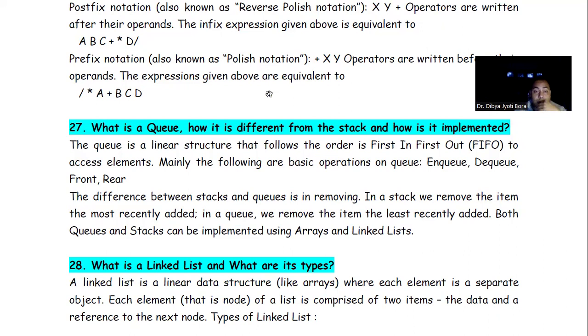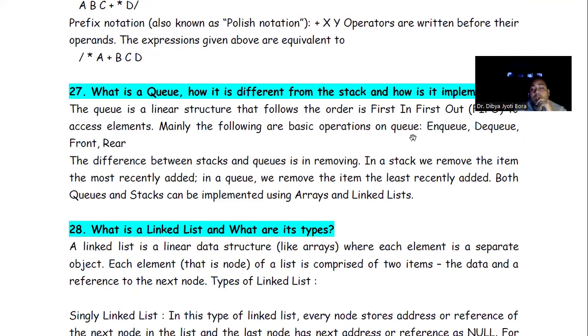Queue is again a linear data structure. Mainly the basic operations are NQ, DQ, front and rear. So NQ is insertion, DQ is deletion, and front and rear are the two ends where the operations can be performed. Now, the difference between stack and queues.